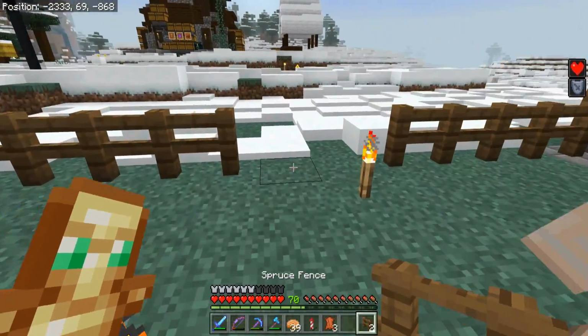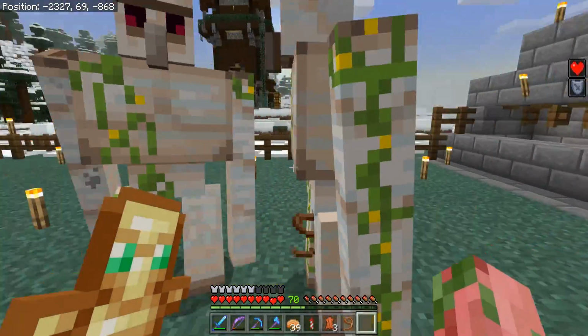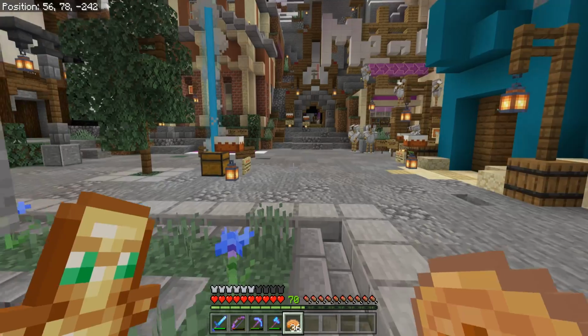Cats, dogs, parrots, skeleton horses, golems, whatever you want to do. And then you can just have them be your bodyguards. It's pretty cool. So moving on from the actual villager trading hall today, I would like to see if anything